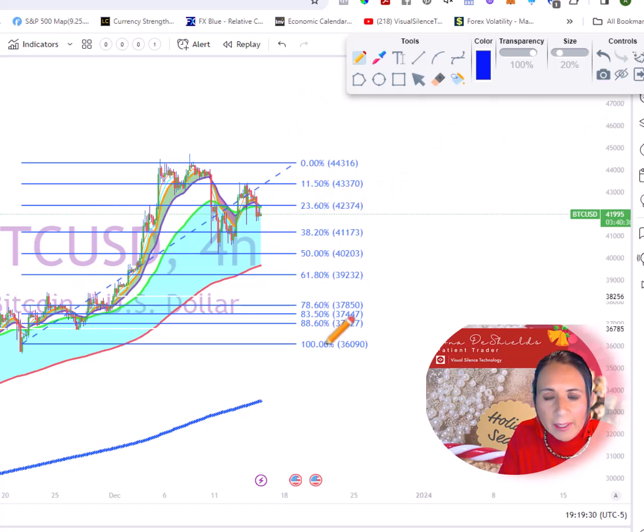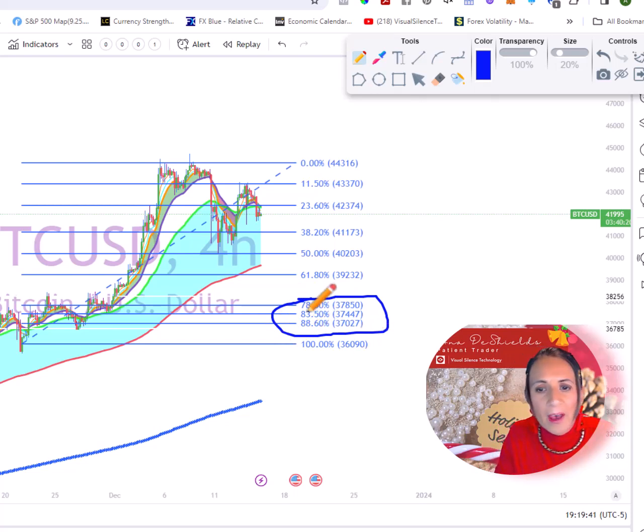Another area of value in these fib levels is this zone here, the 78, 83, and 88.5. Now this area has several different names, but another way to call it is the last line of defense. So what that means, sorry about that, my dog has got something there, I don't know what she's eating. What that means is that